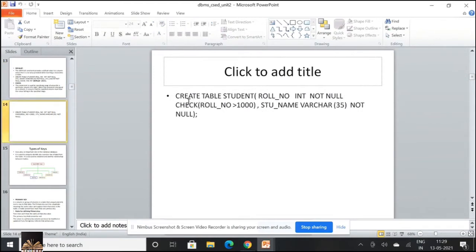See here, create table student, roll number integer not null, check roll number greater than 1000. So here, what I'm trying to do is put a condition that the roll number, whatever the student is entering, should be greater than 1000. So if at all I enter 999, it should throw me an error because I'm working with a check constraint.